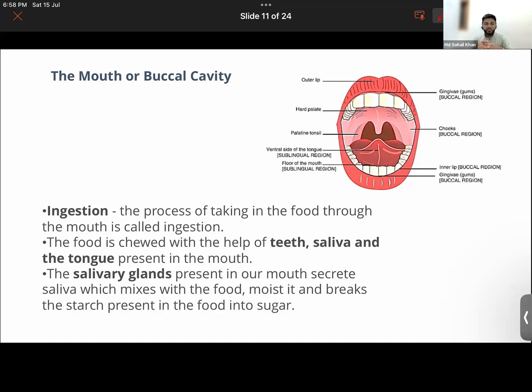Now there will be two questions, one for Sundus, one for Vaiga. Sundus, you tell me how complex carbohydrates are broken down. And Vaiga, the question for you is that fatty oils present in the food are broken down into what by this saliva? Sir, can you repeat the question? I didn't hear you. The complex carbohydrates present in our food are converted into simple substances by saliva. What do we call those simple substances?